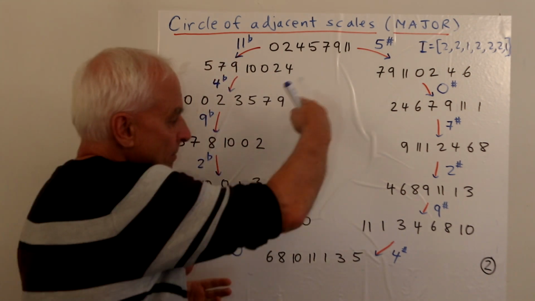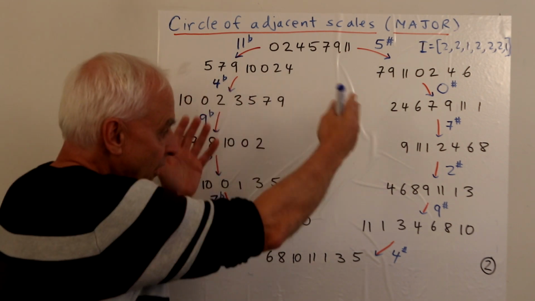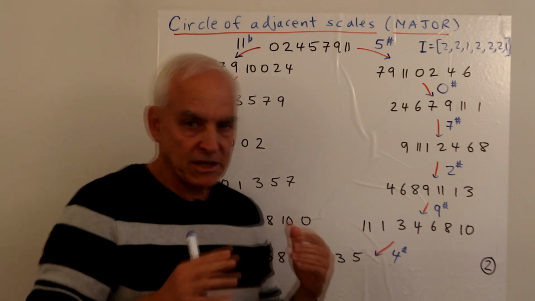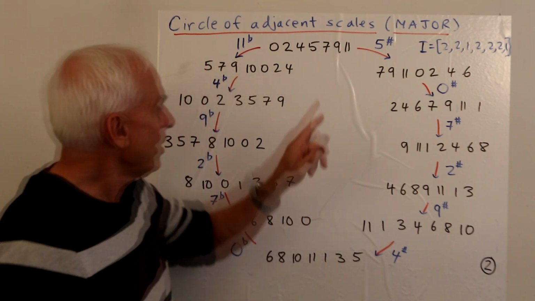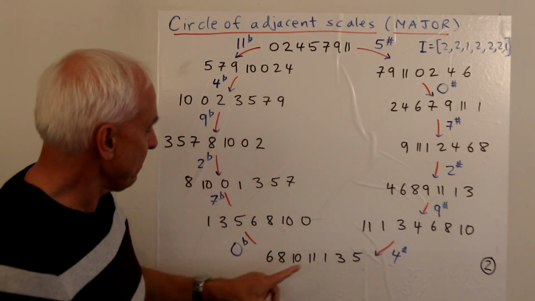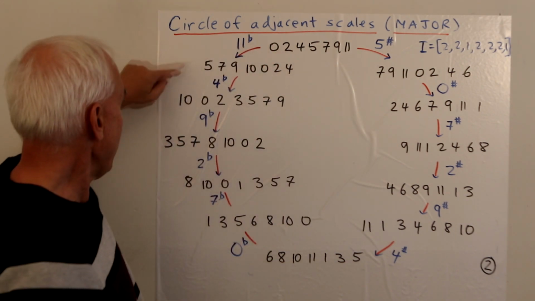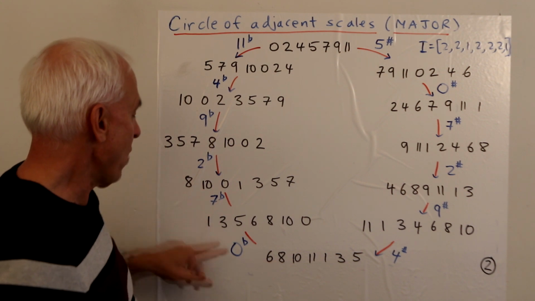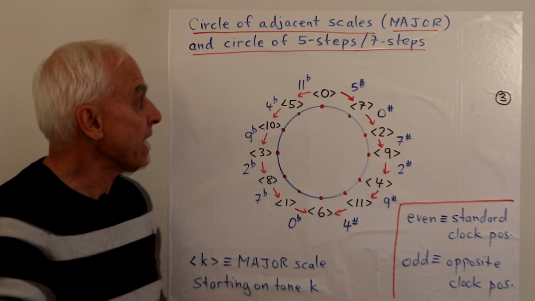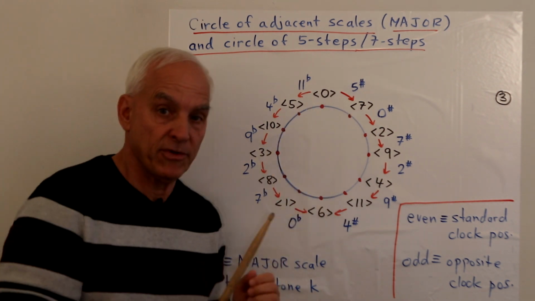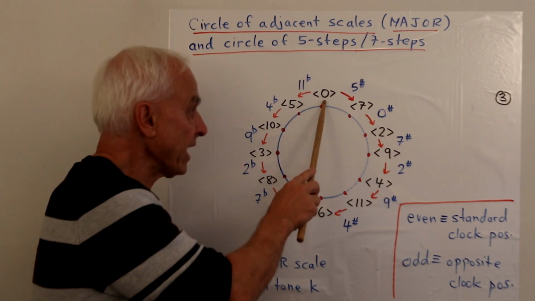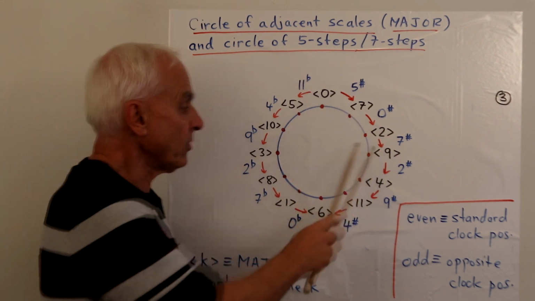So we're getting a clock face, still a 12-fold kind of circular pattern, but it's a little bit different from the regular one, because the scales are starting 0, 7, 2, 9, 4, 11, 6, and in the other direction 0, 5, 10, 3, 8, 1, and 6. So here is essentially that same diagram, but just condensed. Now I'm just showing you the starting positions of each of these scales. Okay, we're talking about major scales starting on 0, 7, 2, 9, etc.